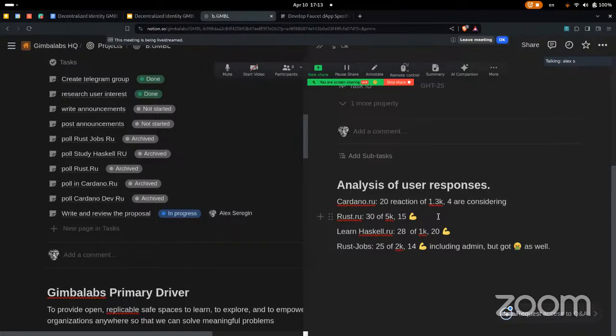It's not a lot, but what was really inspiring is that group admins signed up at least. The poll was: very likely, 50-50, unlikely, very unlikely, how likely you're going to take the course. So admins of the groups were somewhat enthusiastic about taking Cardano, and in particular, I addressed the Rust community and the Haskell community. So that's pretty much it.